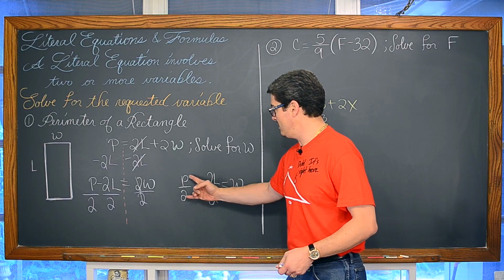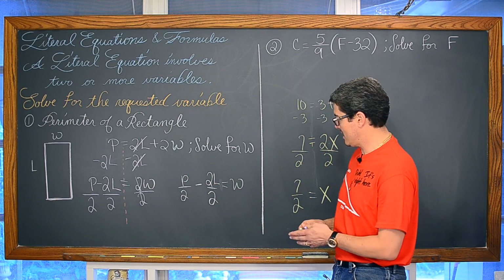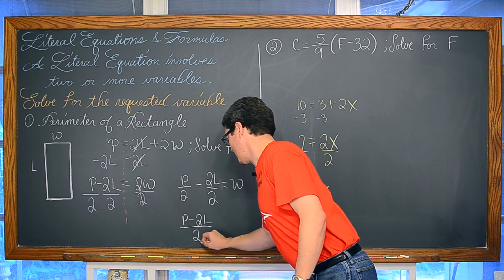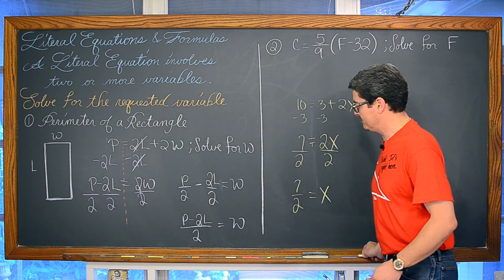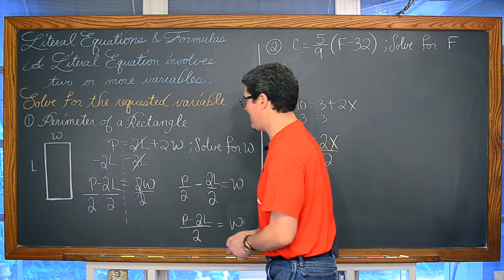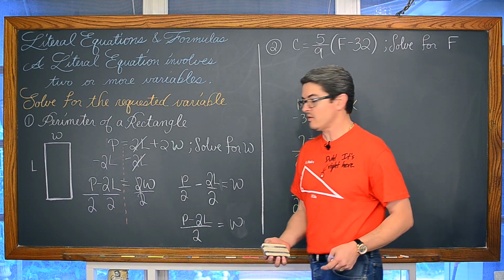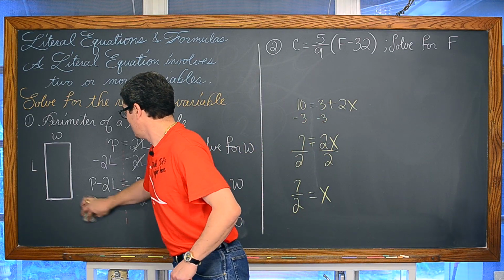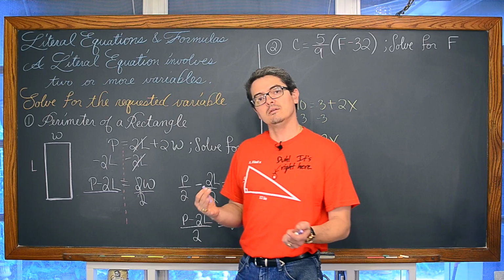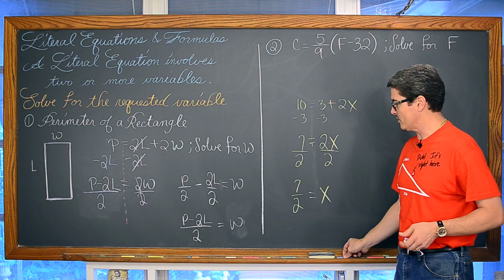So we could also write, when you subtract fractions, if you have a common denominator, you can just write that common denominator once and say that it's P minus 2L over that common denominator of 2 is equal to W. Now, I could have gotten to the same ending point here, P minus 2L over 2, if on the left-hand side of this equation, instead of writing a separate division sign for each term, I just wrote one big division symbol and wrote that over 2. So you just have an option of how you write your final answer with this problem.